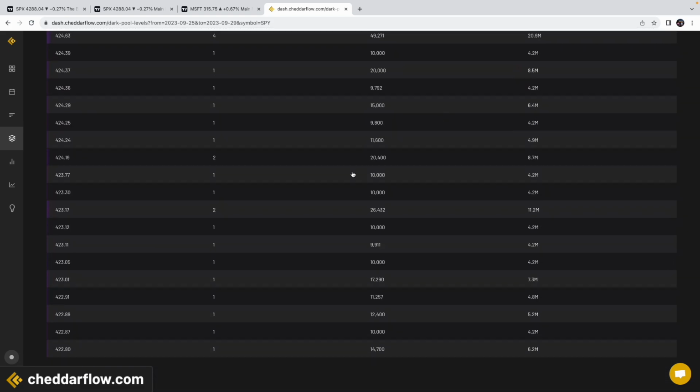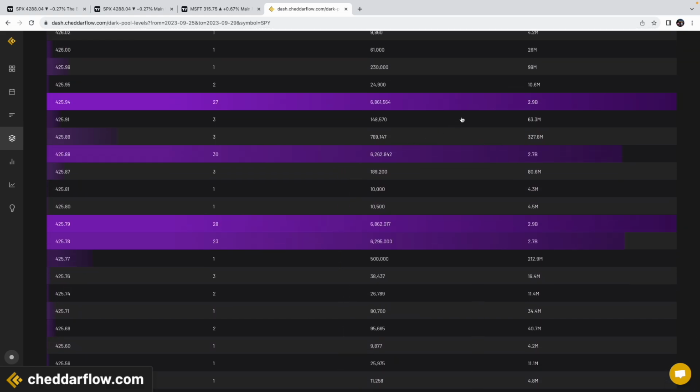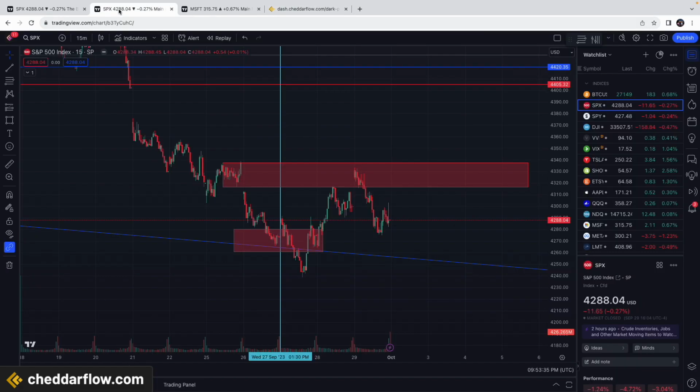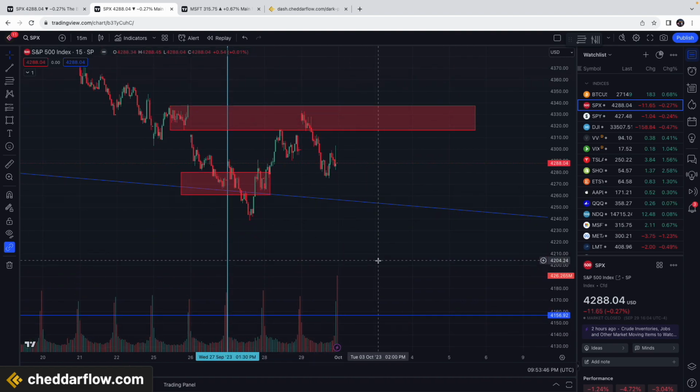As I scroll down here, you can see there weren't really that many prints as we went a bit lower. The main portion of the prints from last week, or the key ones, were around this 425 range. So continue to watch dark pools this week, especially if we do get a lower low that prints. That's what I would like to see, a lower low into whether it be the end of this week or early the following week. That'd be amazing for a long opportunity, whether it just be longer term contracts on the S&P 500, selling volatility, or just buying up equities, because a lot of equities have also experienced the correction with the indexes. Regardless of what I choose to do, or if I choose to do all three of those,